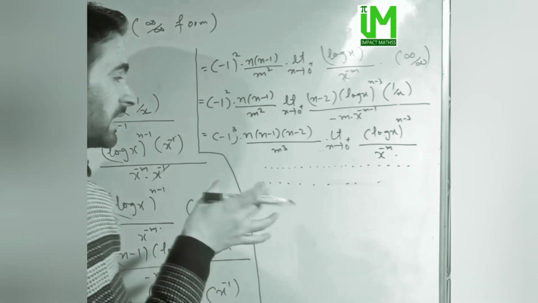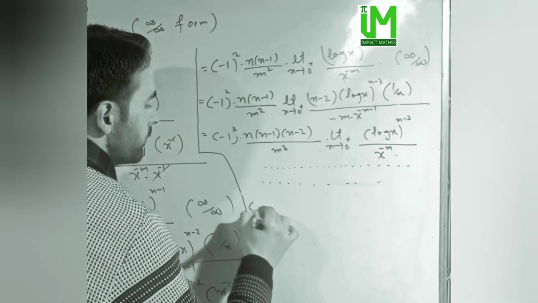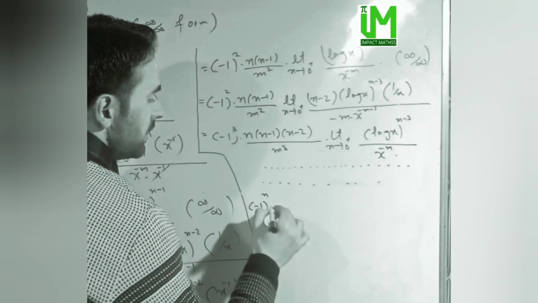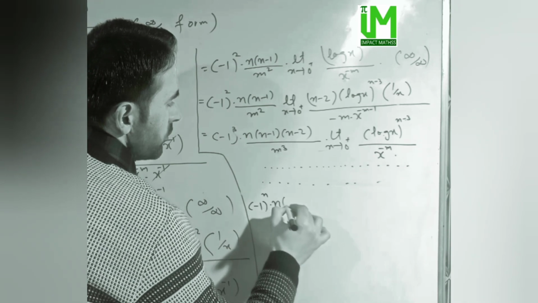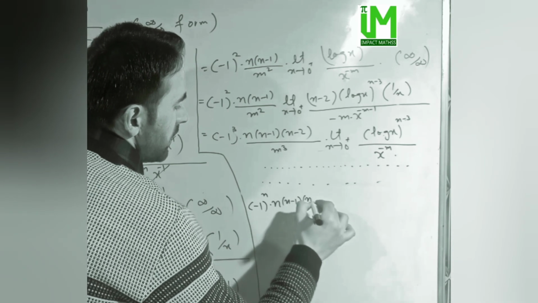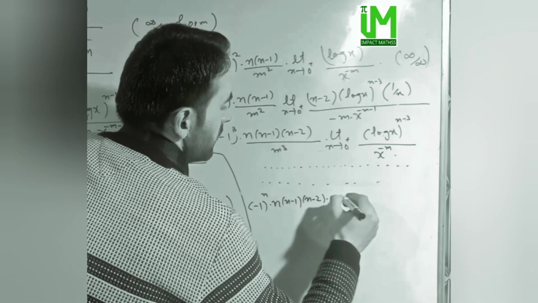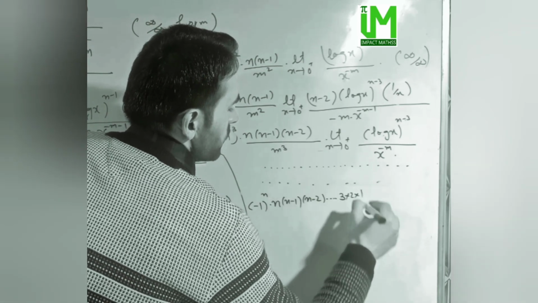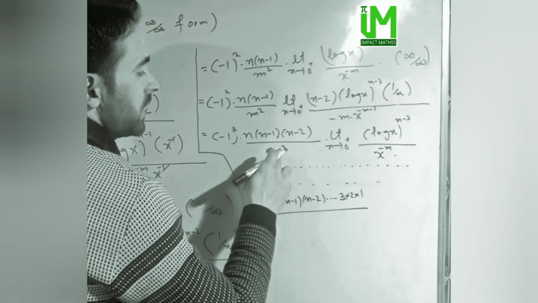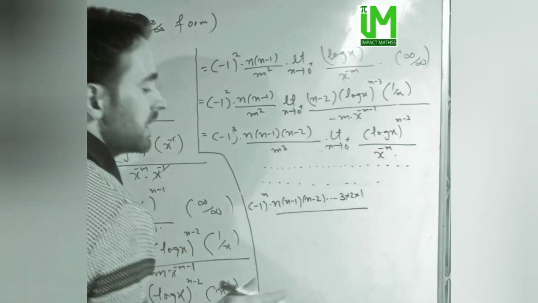So जब हम n times differentiate करेंगे, so it will be minus 1 raised power n into n minus 1 into n minus 2, यहाँ पे 2 आया, so lastly we will be obtaining 3 into 2 into 1 divided by फिर से यहाँ पे m cube, so when we will be differentiating n times, so